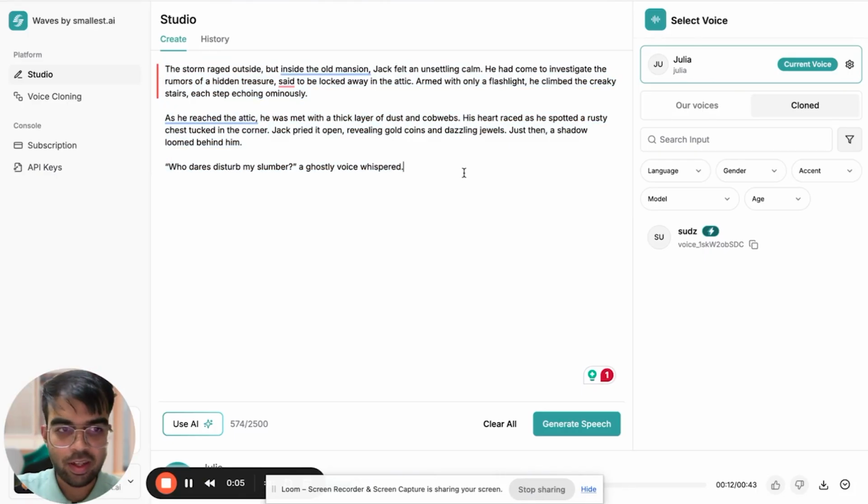Hey everyone. So last time we explored how we could generate simple audio on the Waves platform. Now I'm gonna walk you through one very interesting feature that we have, that is Use AI. So this Use AI essentially helps you generate the stories that you want, but really fast, using an AI model